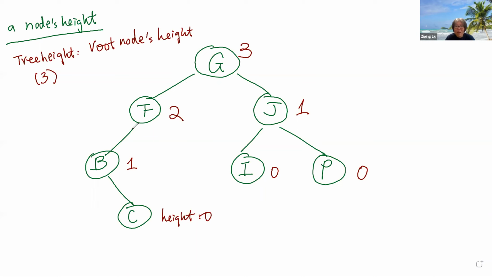So height is based on the path: the number of arcs you can count from a node to a leaf node, along the longest path. So this is node height and tree height, that is the concept. And then the next, we said AVL